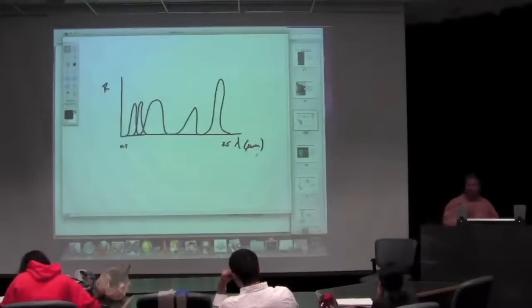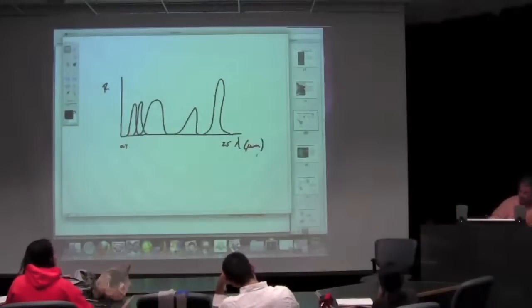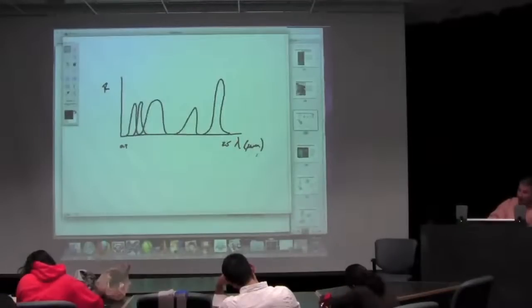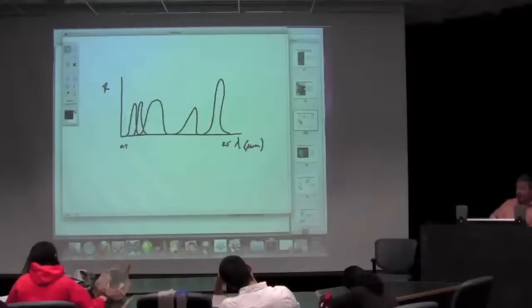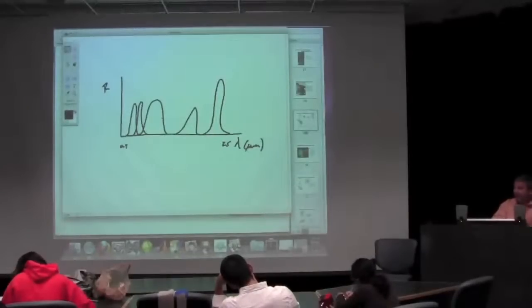What I want you to notice is that the spectral response functions for each of the detectors are not evenly spaced on band center, and they don't all have the same bandwidth. Some are narrow bands, some are wider bands. So there are different bandwidths